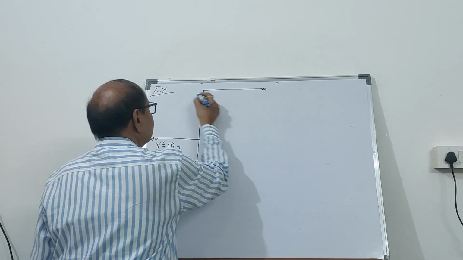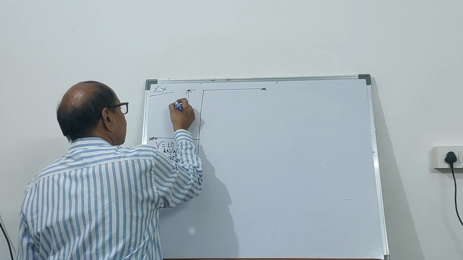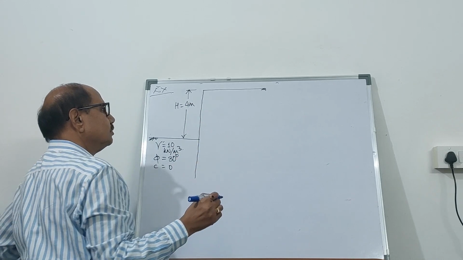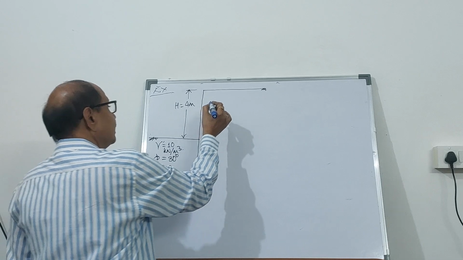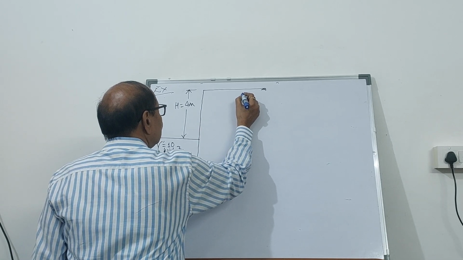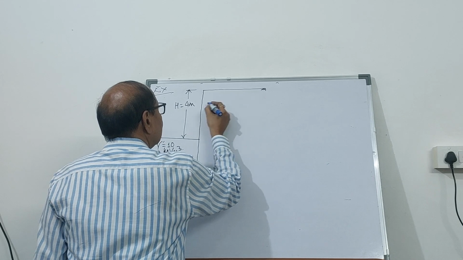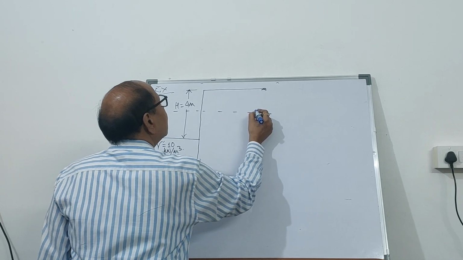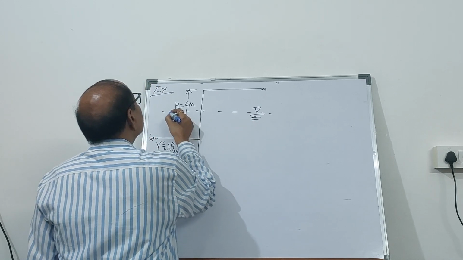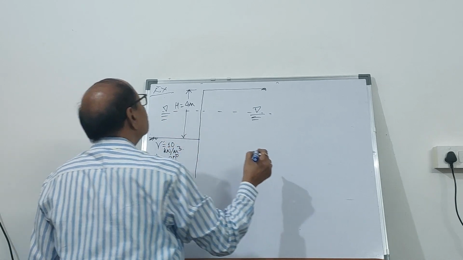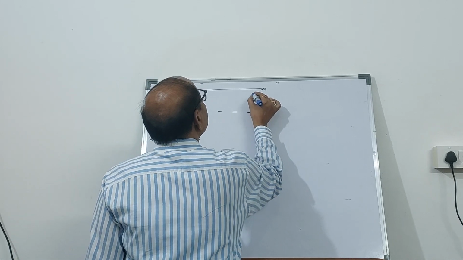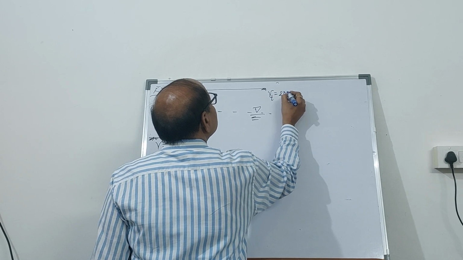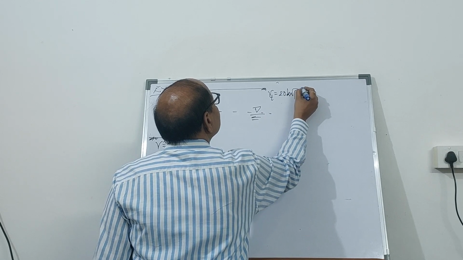And the height of the cantilever sheet pile, H, is 4 meter as shown in the figure. And the properties of the backfill are known to you. It is above the water table and below the water table. Above the water table, the total unit weight is given as 20 kilonewton per cubic meter,